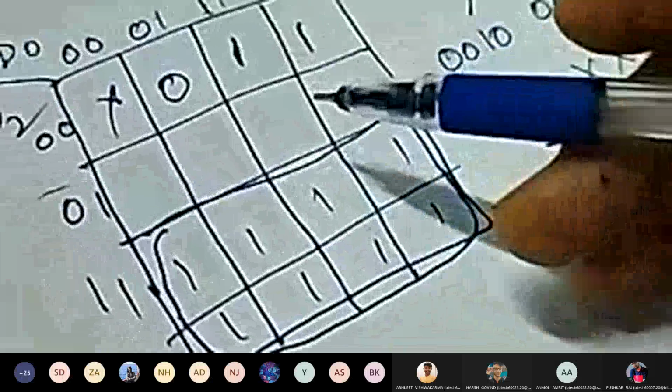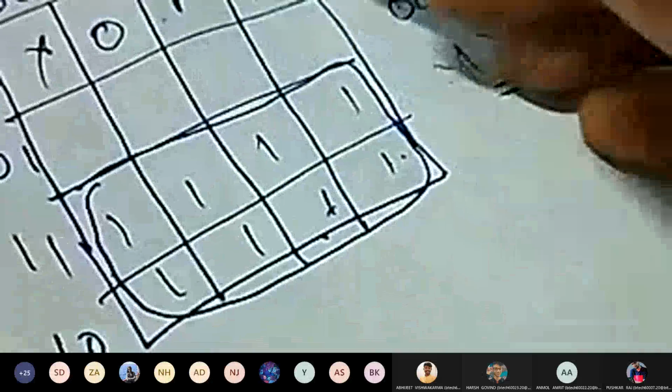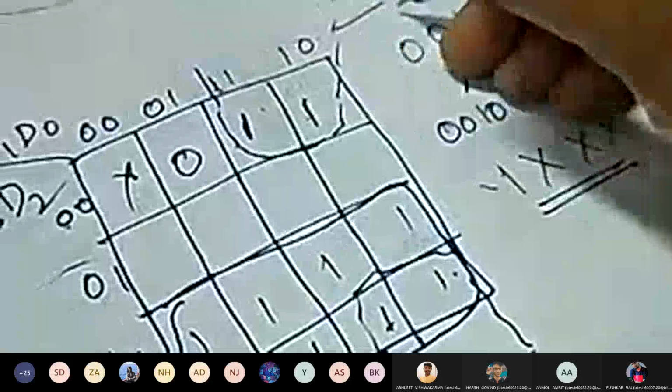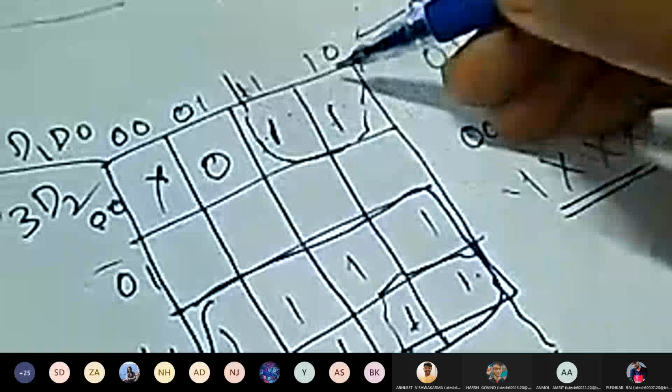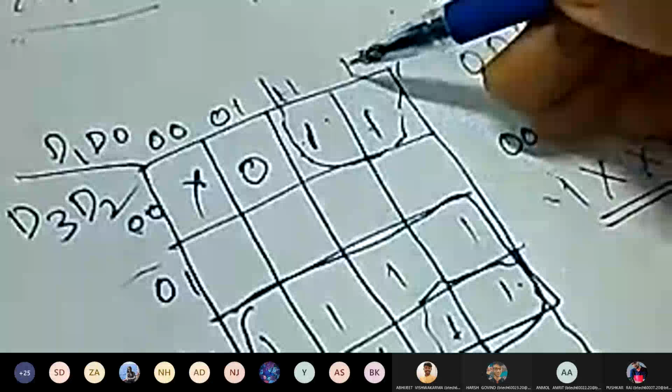Okay, and now we will pair these two and here this outer two. That means the wrap around. So if we take the wrap around, that means we are taking the 4 combinations, this 2 1 and this 2 1. Okay, so what is the equation for this? So let us see, these two are in this 2 row, so this D2 bar is common. Okay, and we will see the columns. In the column, which one is having the same value? That is here D1. So D2 bar D1 is the value for this.